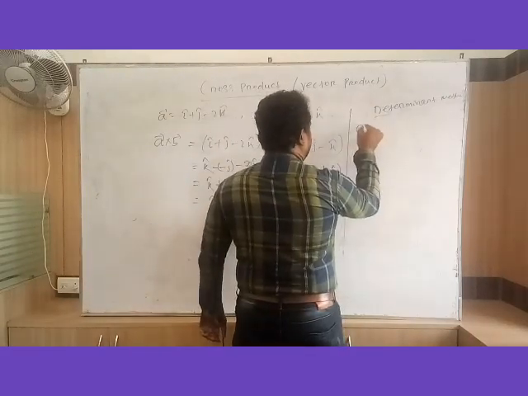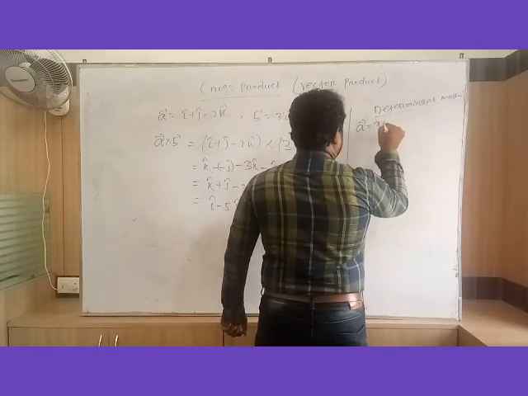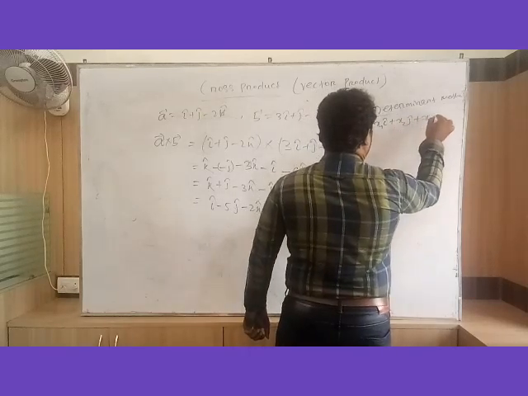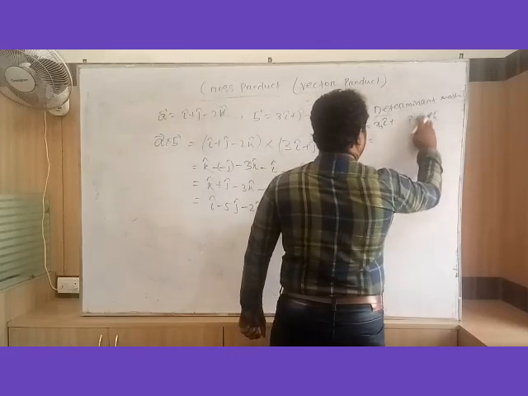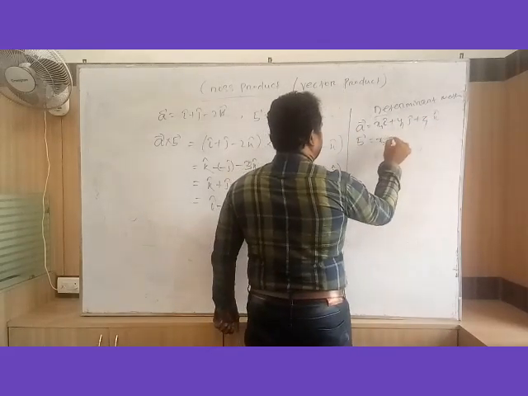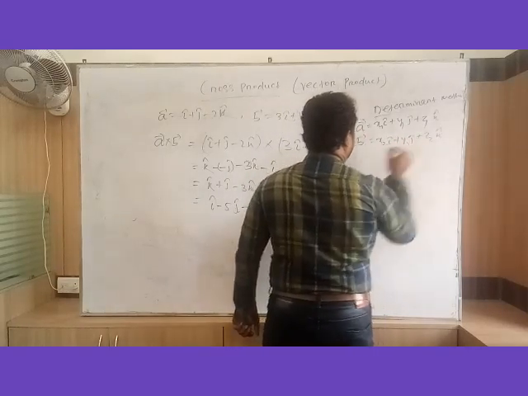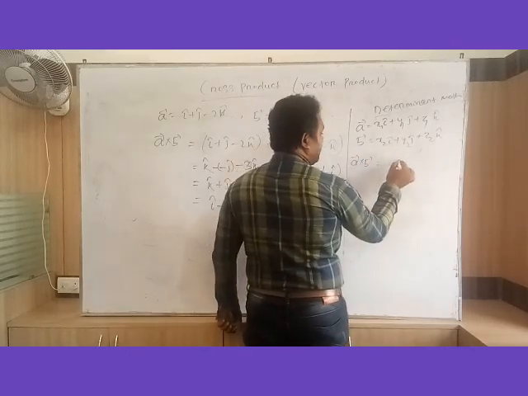If A vector equals x1 i cap, y1 j cap, z1 k cap, and B vector equals x2 i cap, y2 j cap and z2 k cap, then A vector cross B vector becomes, first write down